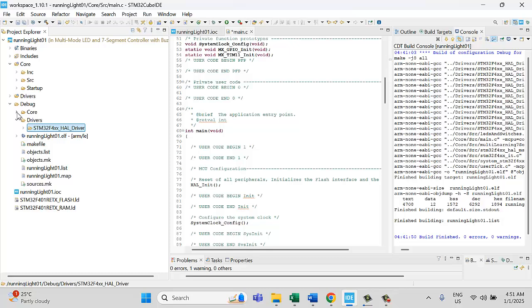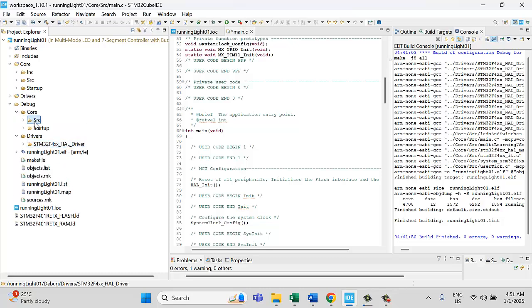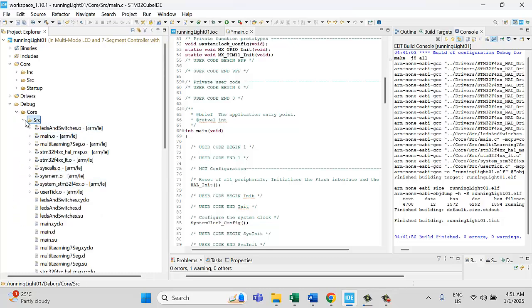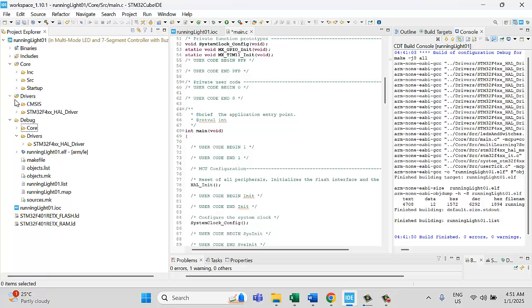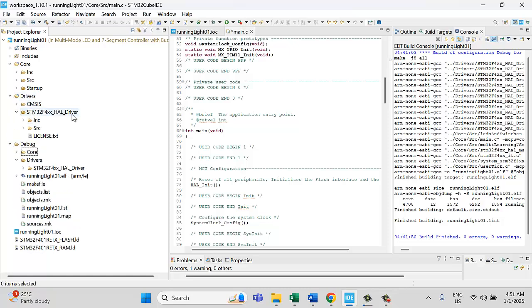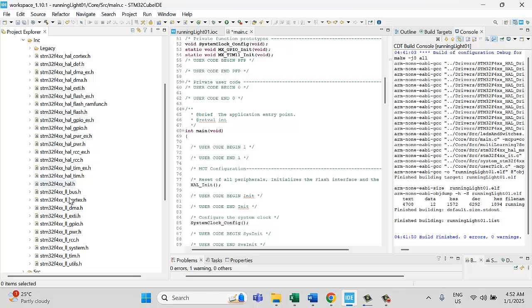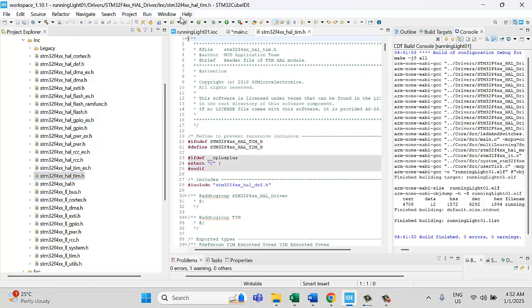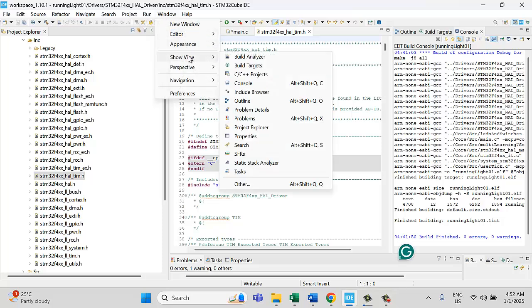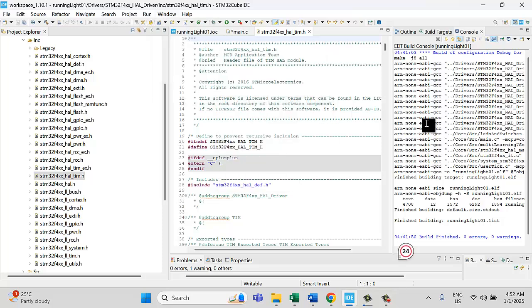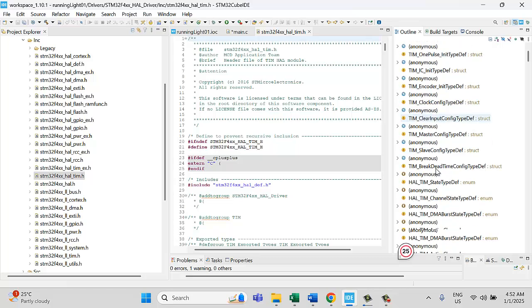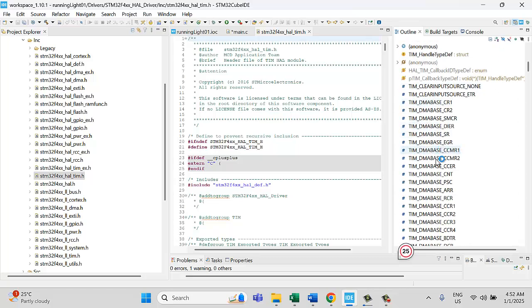Go to Drivers, STM32 HAL driver, Src, then find the timer file. Then Window, Subview, align. Then find out the